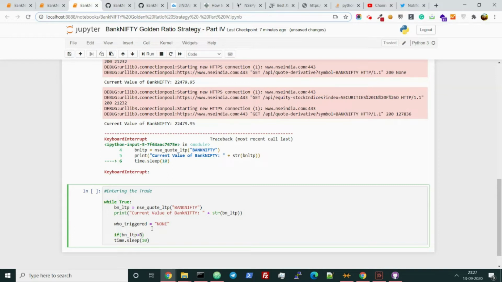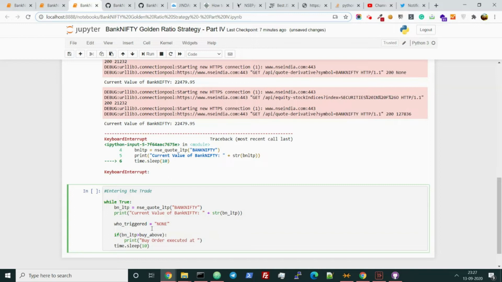See, if Bank Nifty LTP goes above the buy price, what will happen? The buy order will be executed, right? Buy order executed at BN LTP plus.